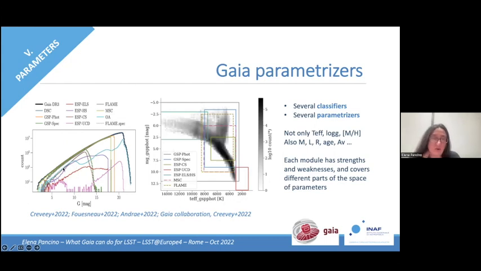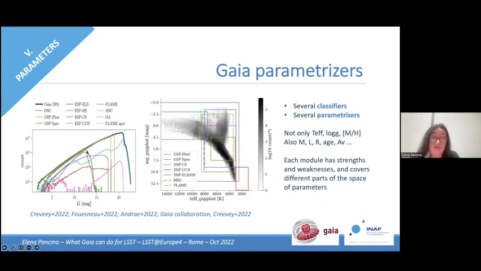And in the R3 of the magnitude distribution and region of the temperature and magnitude plane that are covered by each module. If you focus in particular on the GSP-Spec, which is the one which derives parameters from the RVS that I just showed you, you see the GSP-Spec in green only goes down to the 14th magnitude, right?